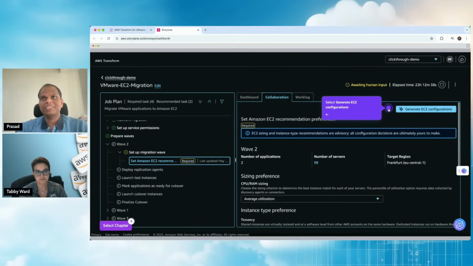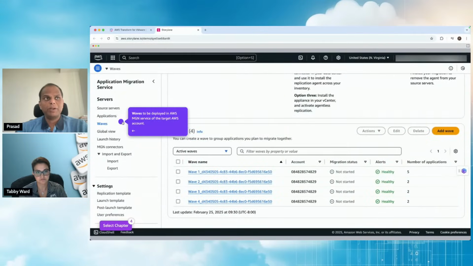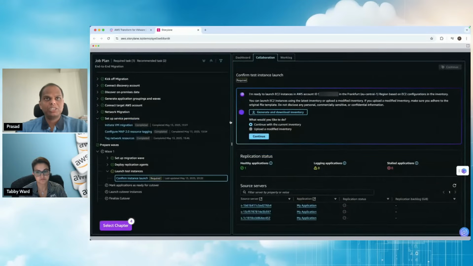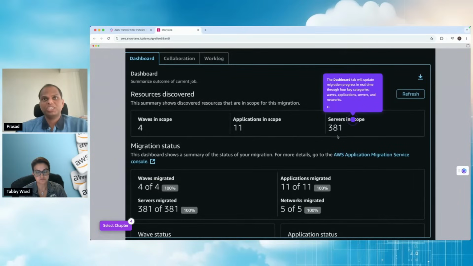And then you can generate the EC2 configurations. Once you generate the EC2 configurations, then you can choose the engine connector, where you will be able to look at the waves. These are the waves that are going to be done, and the number of servers for each wave. Click on the applications, and then you can download the inventory, and you can make any changes in